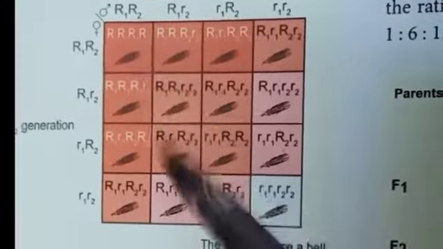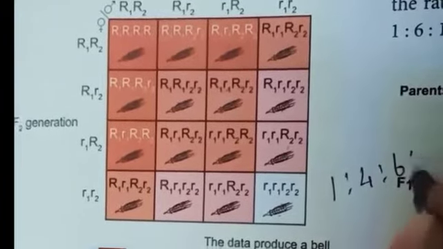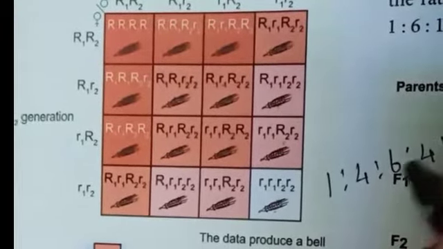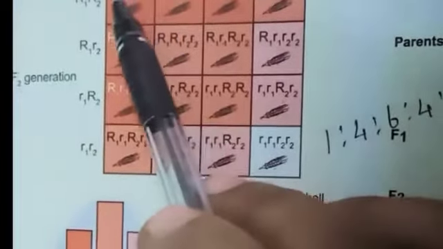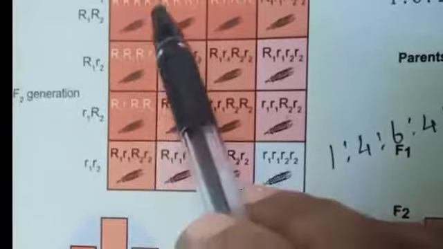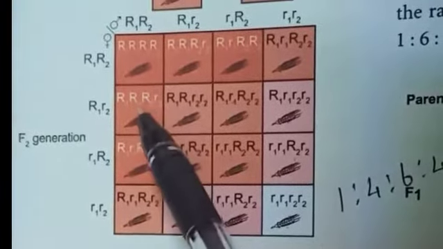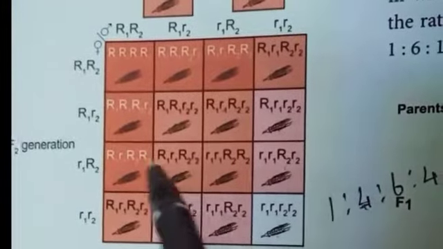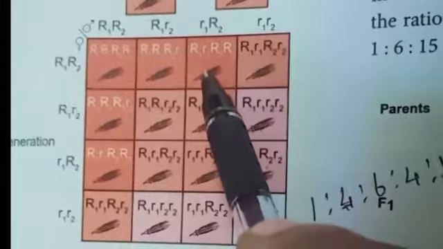1:4:6:4:1. This is the ratio. What is the ratio? 1:4:6:4:1 is the ratio. So here first is the dark red color, 4 capital R present. So dark red kernel color. Next ratio 4: 1, 2, 3, 4. These 4 are medium dark red.